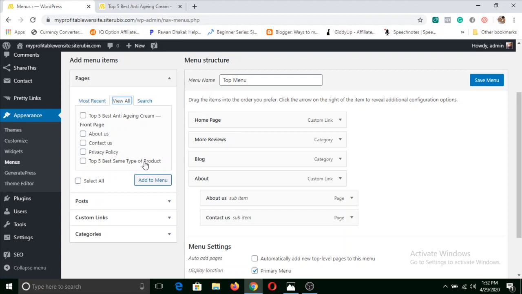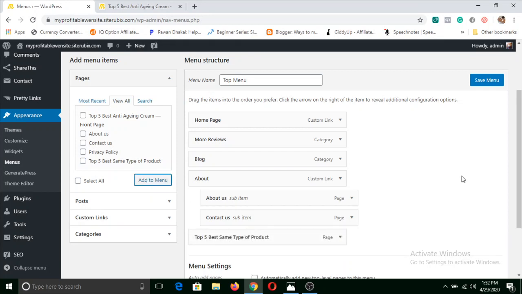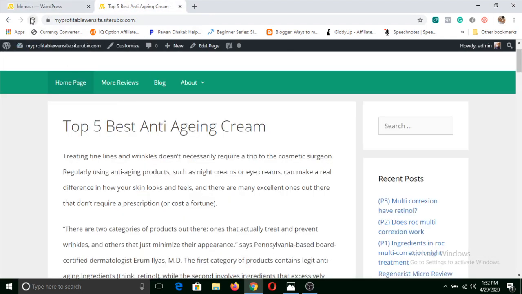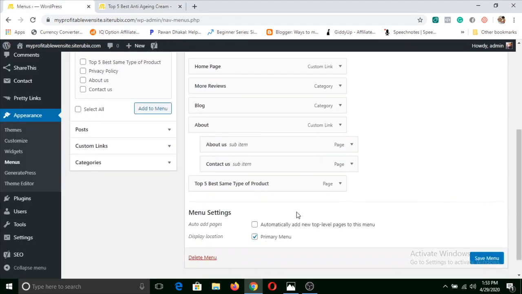This is the page that we have made right now. Now you can click on add to menu, and then click on save menu. If you do this, then this page will appear here, at the last.